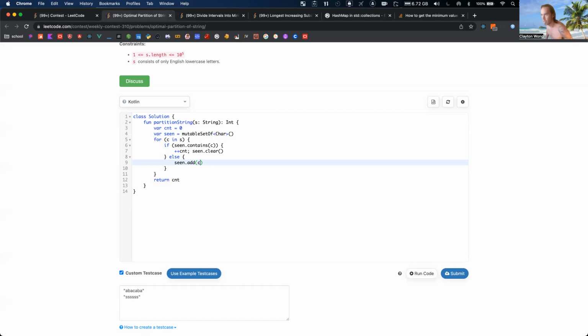So if it... No, that doesn't seem right. Yeah, I'm only using j in the other solutions, so I think I can simplify it, right? So seen, if it contains the character c,